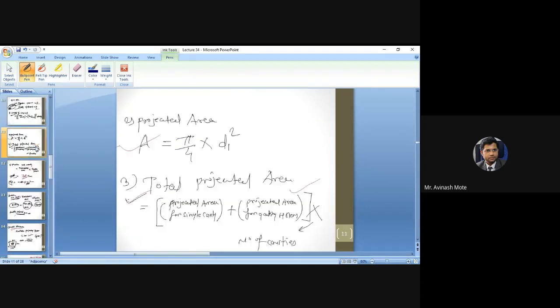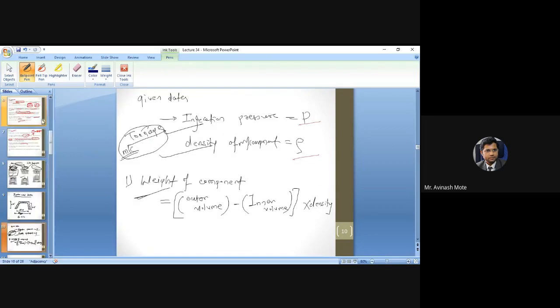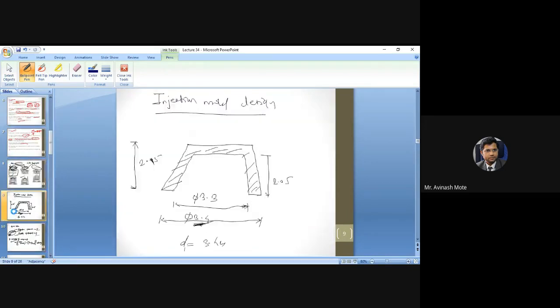So this is the generalized procedure for getting at least the common basic parameters or basic dimensions required for the mold design. See, in the compression mold we calculated so many things. We also calculated the depth of chamber. Why did we calculate depth of chamber there? Because we needed the punch dimensions or the ram dimensions, which is going to punch here, which is going to ram up here.